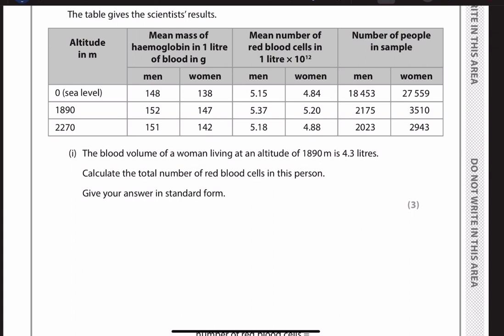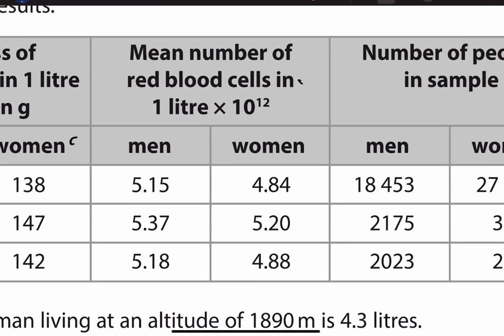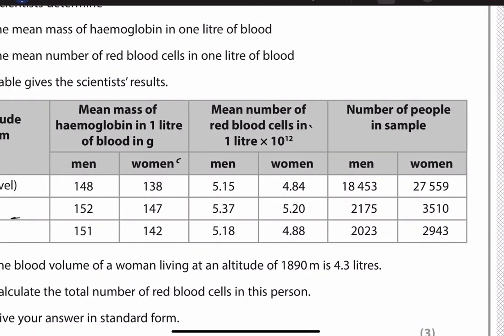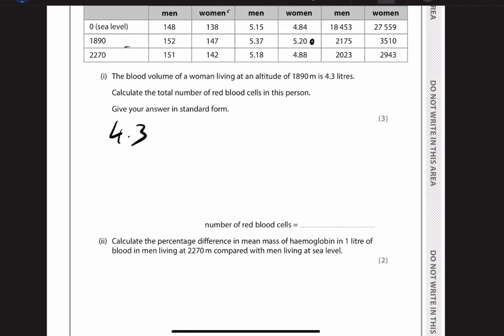Okay. So the blood volume is 4.3 liters, for the woman at 1,890 meters, okay? And the mean number of red blood cells is 5.2 times 10 to the 12, wow. So it's 4.3 times 5.2,